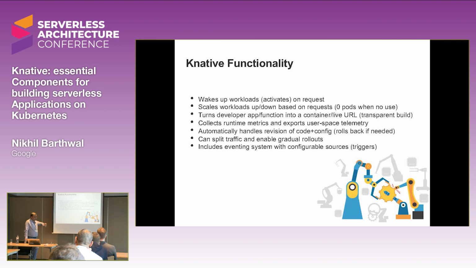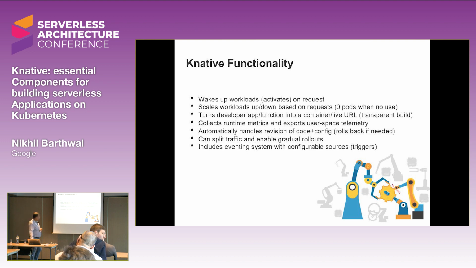So every time you release a new version, you basically create another config, and you can customize it. Sometimes you need it for A/B testing, where I want 20% of the traffic to go into revision 1, and I want 80% of the traffic to go into revision 2. I'll have an example when I cover the details of it. So I can split the traffic, and I can do a gradual rollout. So it has all the ways for eventing and configuration, sources and triggers and so on.